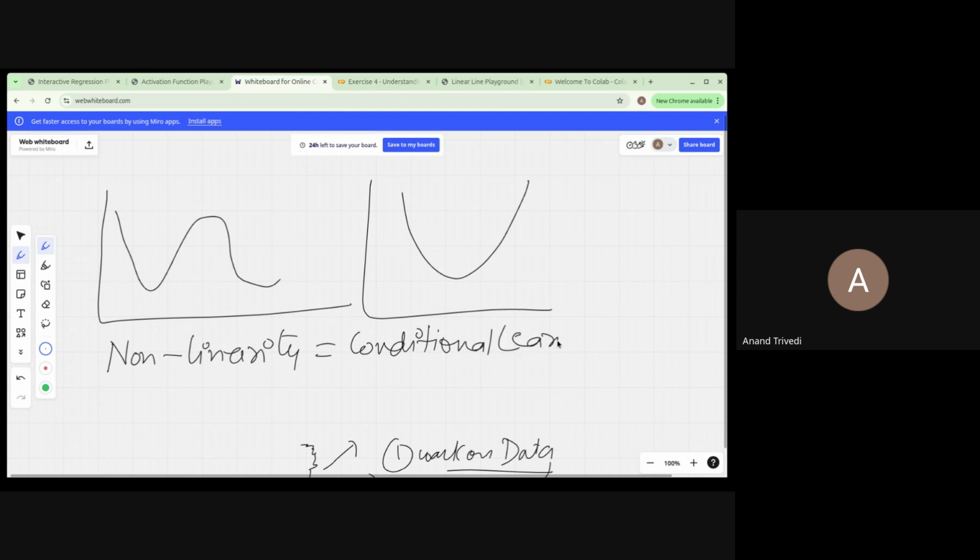We'll have to think more deeply, because this also mixes in a bit of philosophy. Conditional learning: if condition 1 is this, then this should happen. If condition 2 is this, then this should happen, right? This is what is actually happening. If you see,